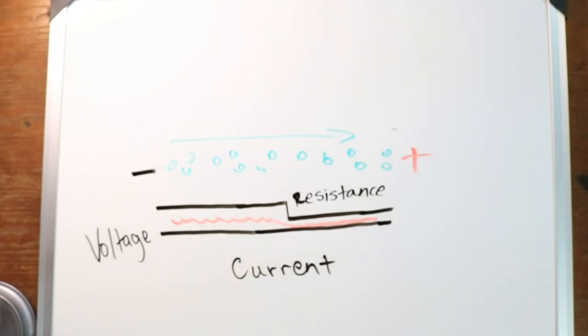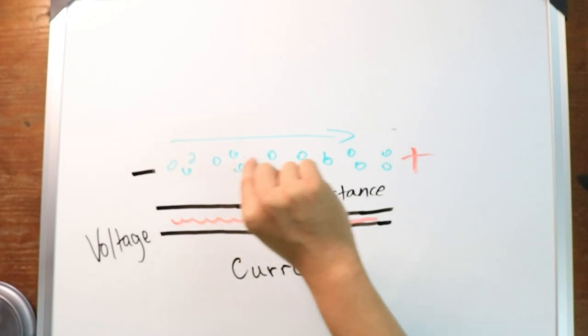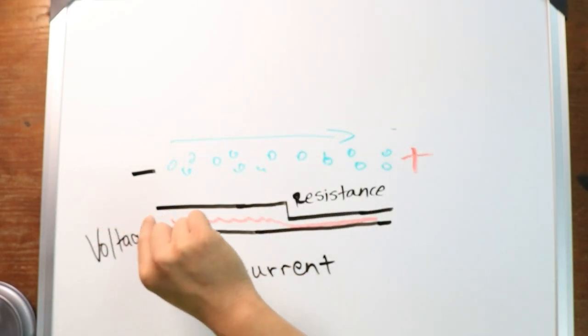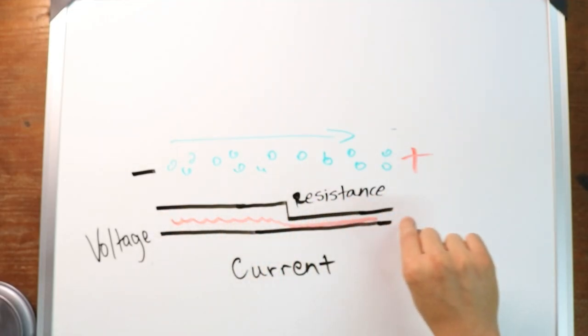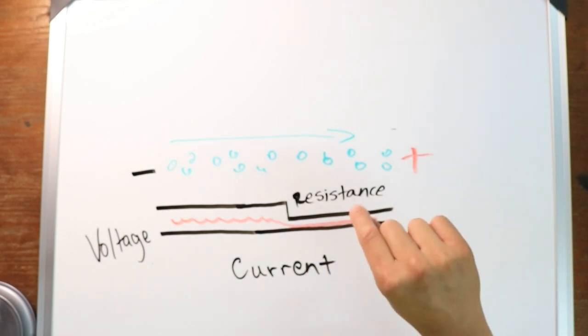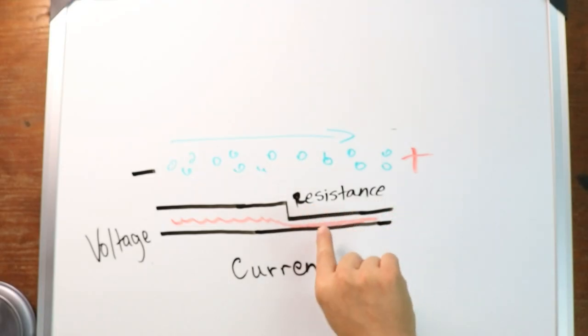So just to reiterate everything, at the core, you have these electrons going from negative to positive, and in order to get them flowing across the way, to get from one end to the next, you're going to need a voltage which pushes those electrons across. And those electrons that are flowing across are the current. And something that is going to stop the flow of the current or mediate it is going to be the